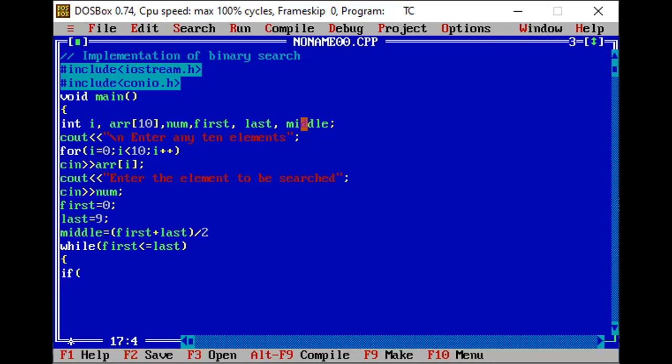So first of all, we will see if array of middle is less than num. What is this num? The num is the number or the element that we want to search here. Okay, so then we are having first.